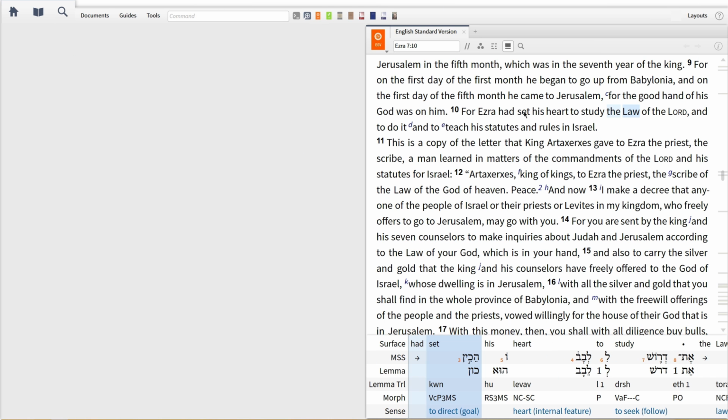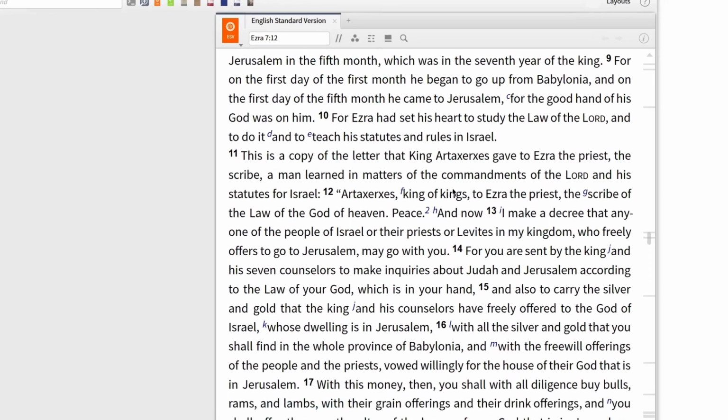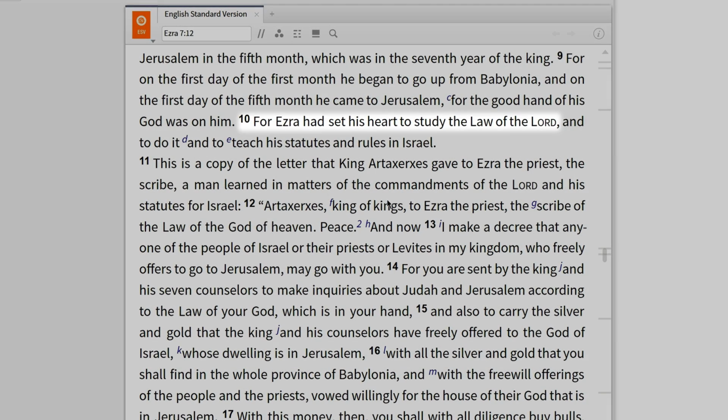With Logos Reverse Interlinears, you can work with the underlying Greek or Hebrew without ever leaving your English Bible. For example, in Ezra 7:10, the Bible says that Ezra set his heart to study the law of the Lord. With the Reverse Interlinear ESV, I can discover every place the phrase set his heart and similar variations occur within